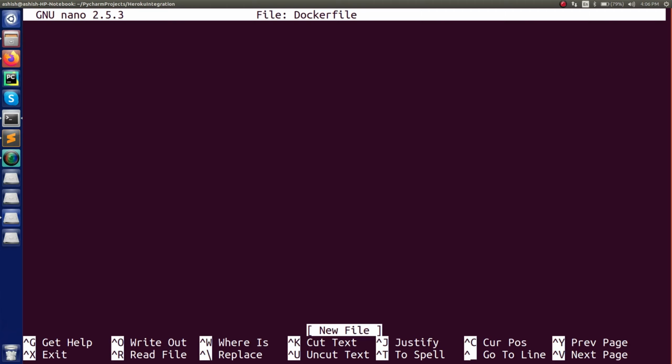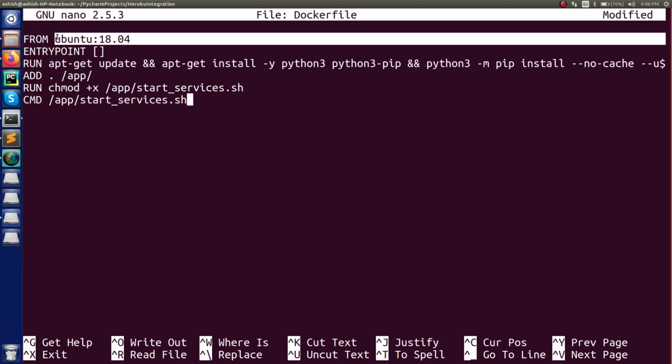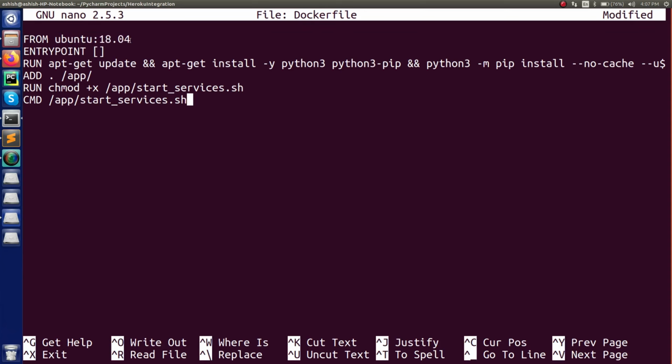And what are those commands? Let me just add it first. Alright, so you can see these are the commands which I have to mention in here, right? So FROM ubuntu:18.04, which means this is the Docker image which you have to pull over here. If in case this image is already present on your local system, then it's okay, otherwise it will pull it for your local system. So this is how it is going to work. And after that, this is the entry point, and this is RUN apt-get update and install everything. So this is all that we are going to do.